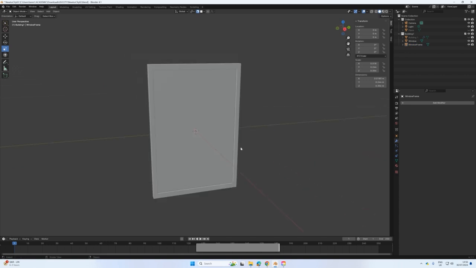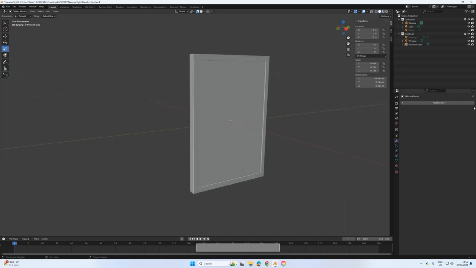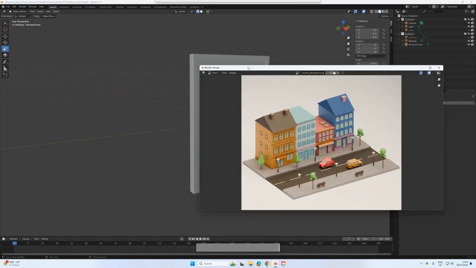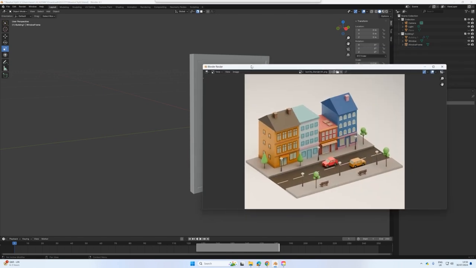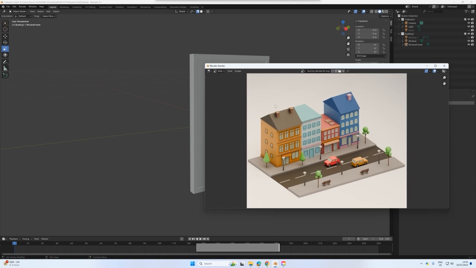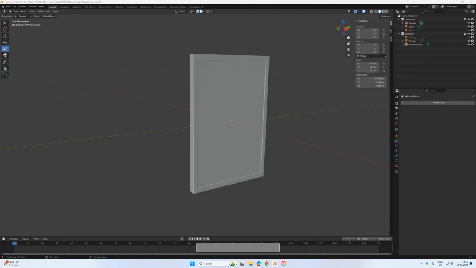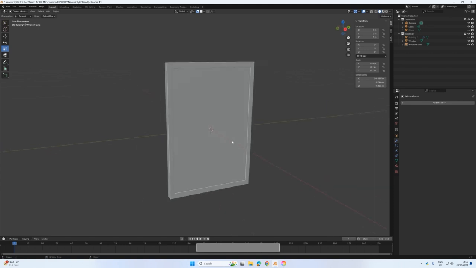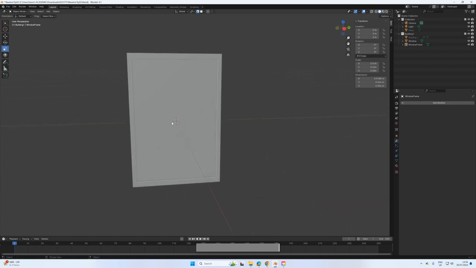And that's one way of doing things, but according to my reference, I wanted to have a frame there in the middle. What I'm going to do is add two more cubes to do the middle frames here. I could use the same method by creating 4 different cubes and cutting them that way, or we could just add another